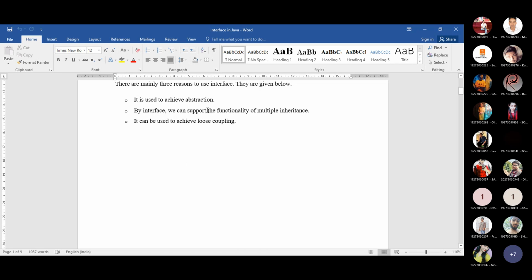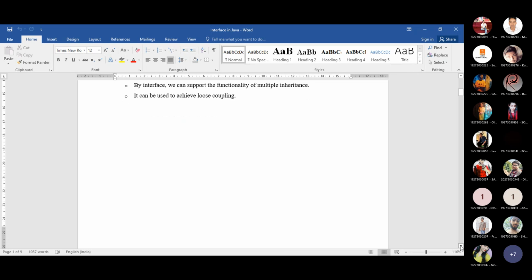That's why it is written here: it can be used to achieve loose coupling, or low coupling. Low coupling means the interaction between these two modules will be less, so that you can implement these two modules in parallel. These three are the main points for using the interface.